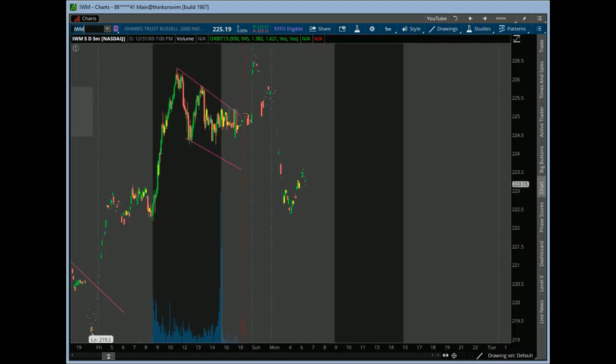The IWM again, interesting here. We're seeing some airlines up this morning, but then we're seeing some names like Boeing down based on the news from over the weekend, right? The engine failure over Denver with some fuselage hitting some homes. Fortunately, nobody hurt. And so anyway, the IWM right here, it looked like a bull flag going into the close